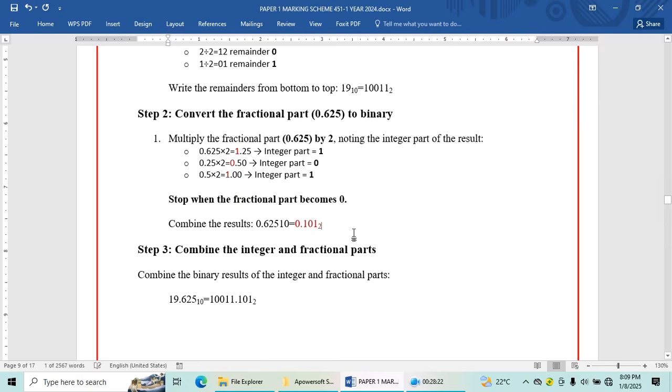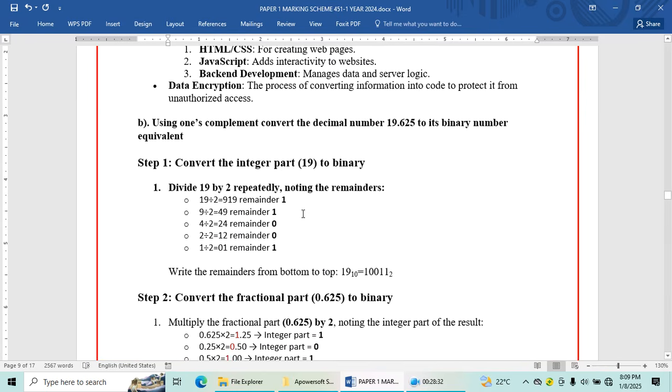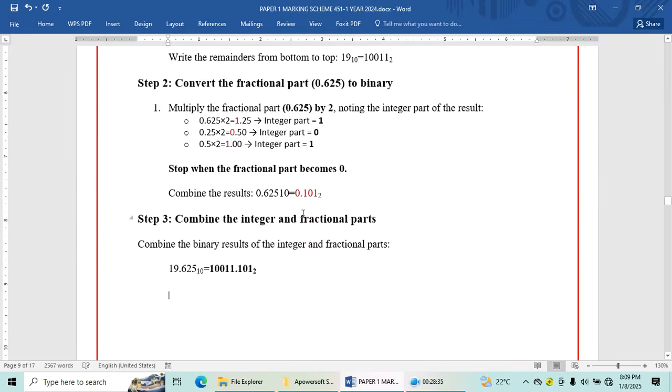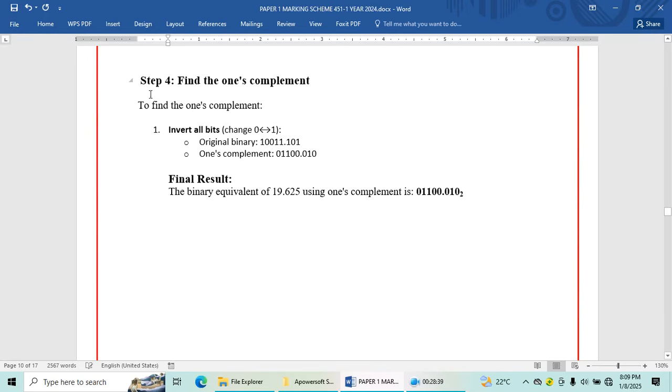This is our answer. Then combine the integer and the fractional part. You bring them together. And for that case, you get the answer as given here. You score around 6 marks or 5. Then here, the last step, find the ones complement.